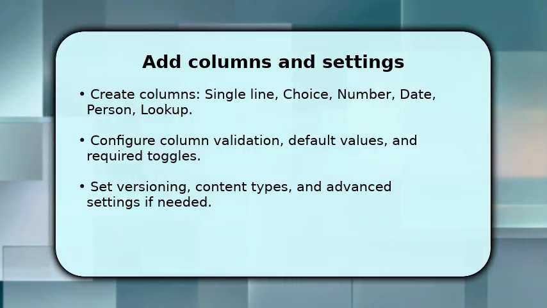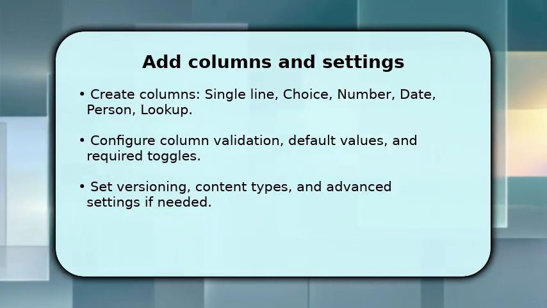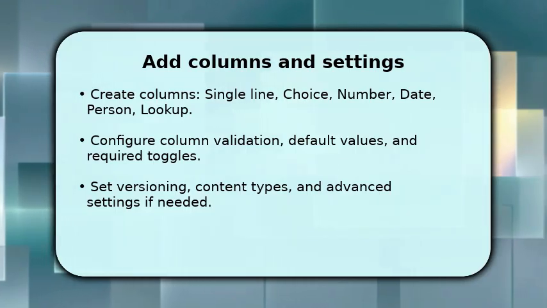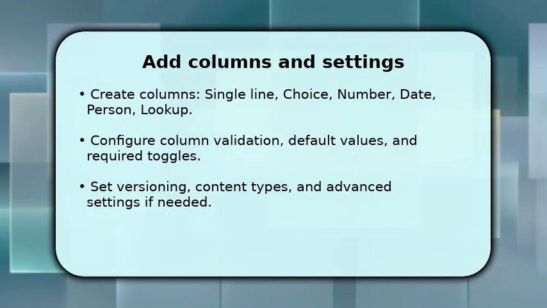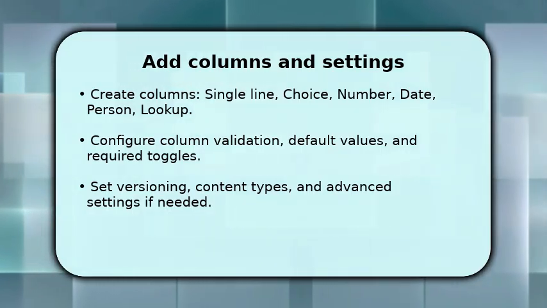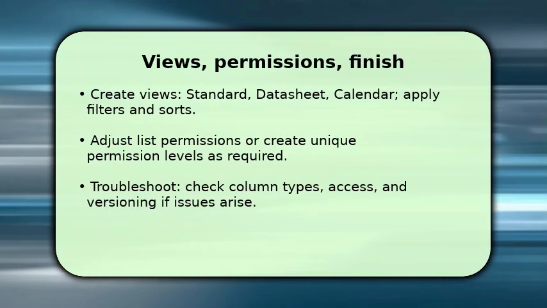Once columns exist, open list settings to enable versioning, permissions inheritance, and content types if you need multiple item templates. Also configure column validation rules to prevent bad data. Make sure to test by adding a sample item so you can adjust types or defaults before sharing with the team. To finish, create useful views, filtered lists, grouped summaries, or a calendar view for date-driven items, and set default